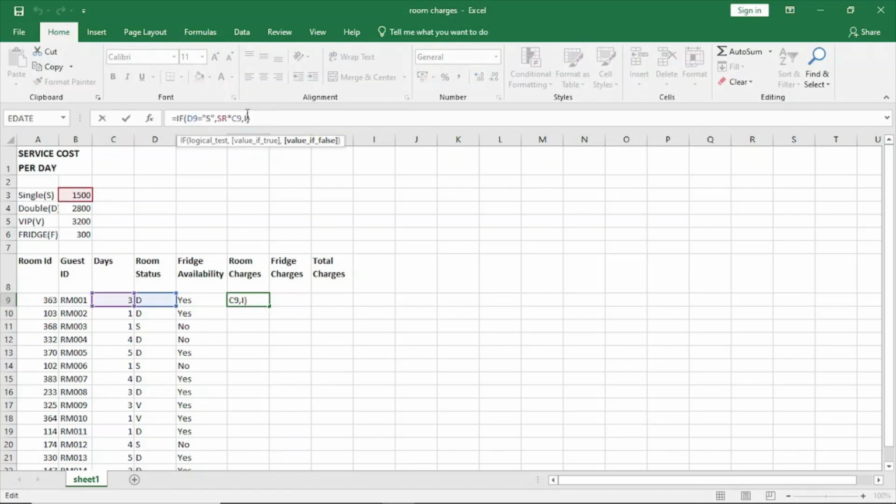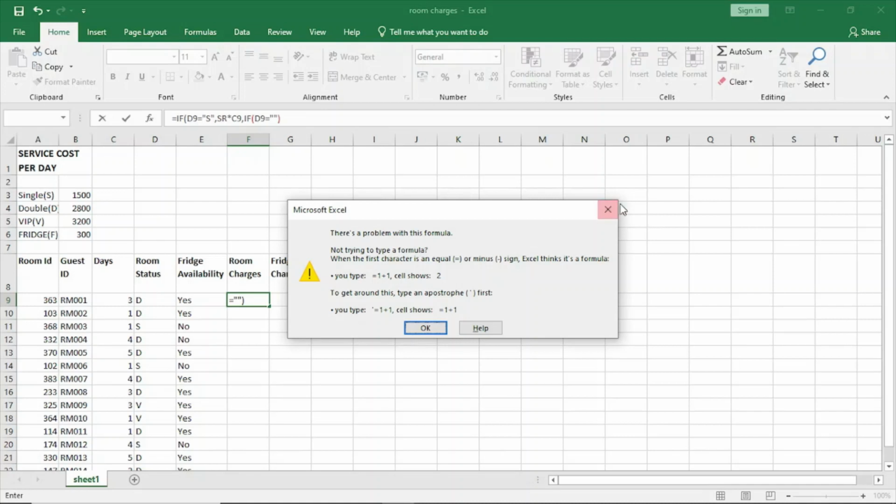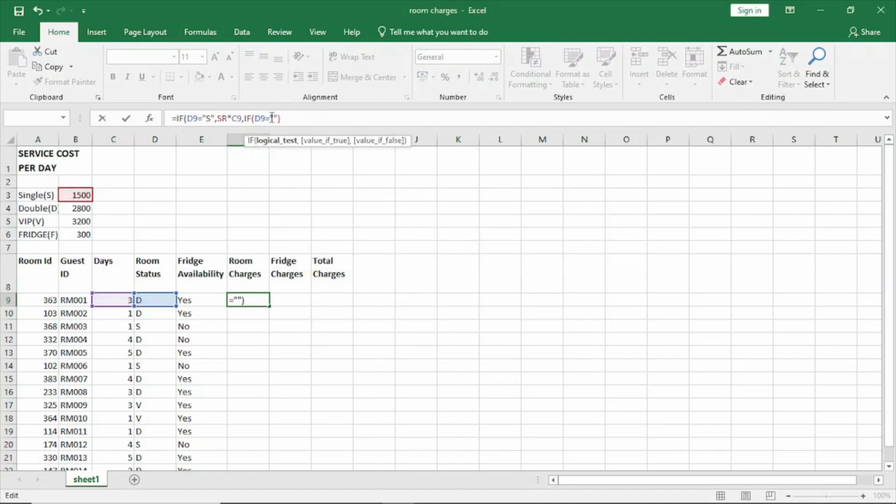If D9 again is equals to, quotation mark, we are starting with S, let us come to D. If D9 is equals to D, then do this, multiply by this one, 2800 times the number of days. So that's what we are going to do, comma,